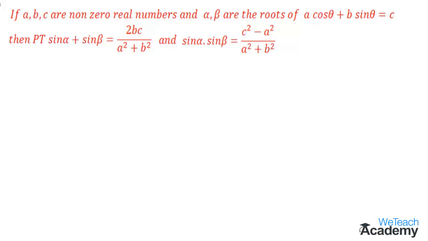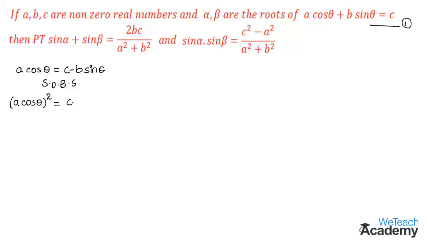So here we are given an equation which is a cos theta plus b sin theta is equal to c. Let us name this equation as equation 1. Now let us transfer the second term, which is b sin theta, to the right hand side. So here we get a cos theta is equal to c minus b sin theta. And now square this equation. So squaring on both sides, we get a cos theta whole square which is equal to c minus b sin theta whole square, which is the formula a minus b whole square.